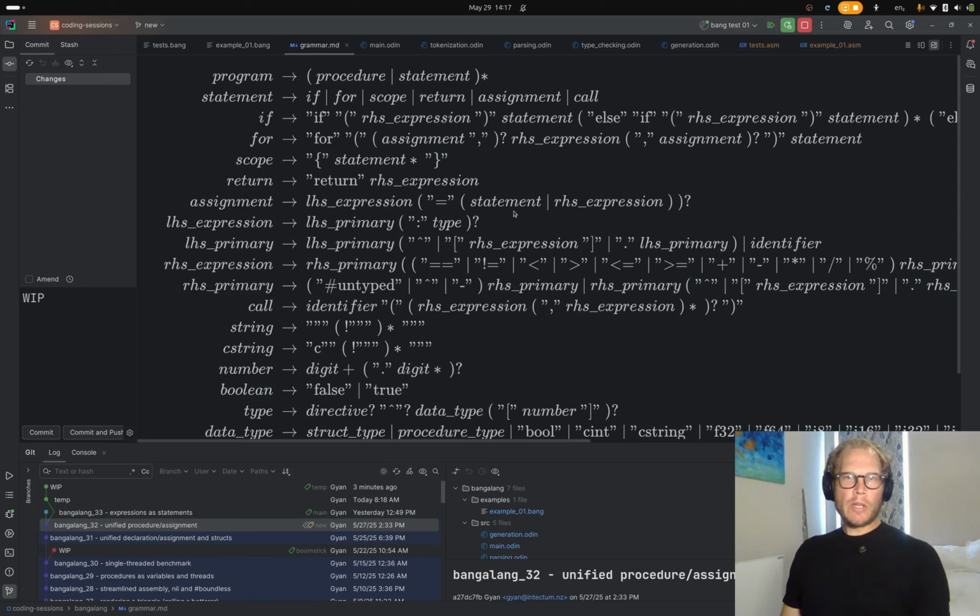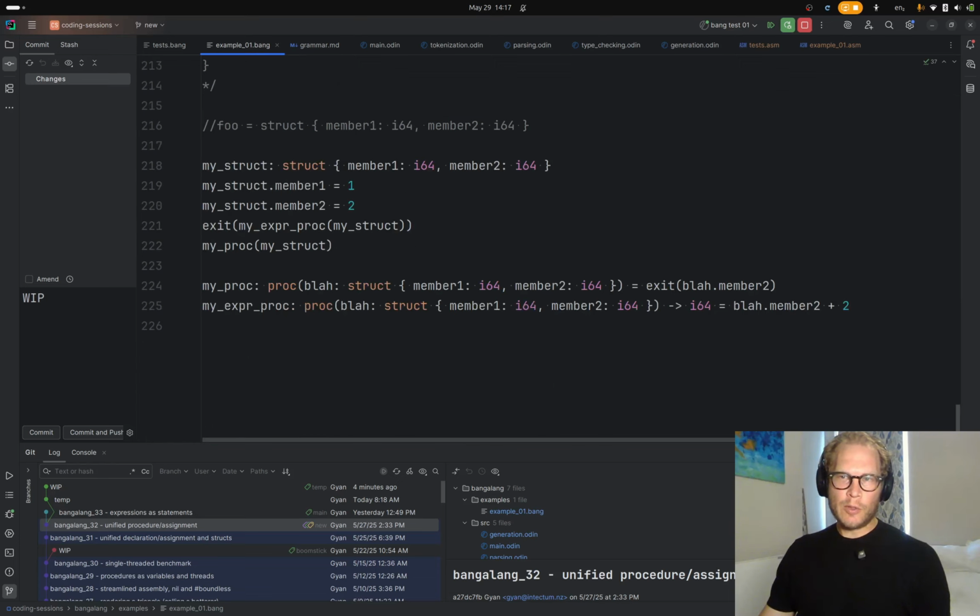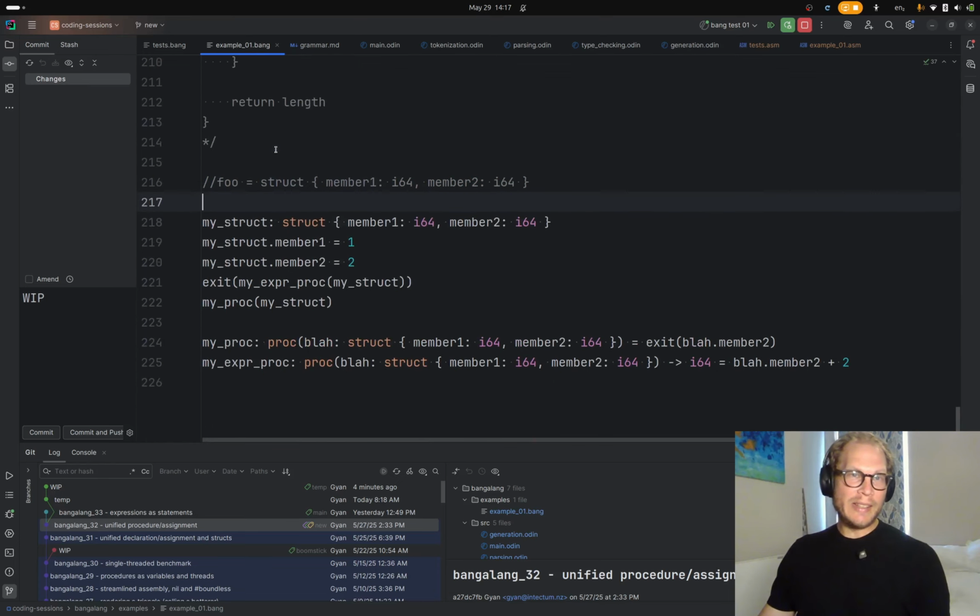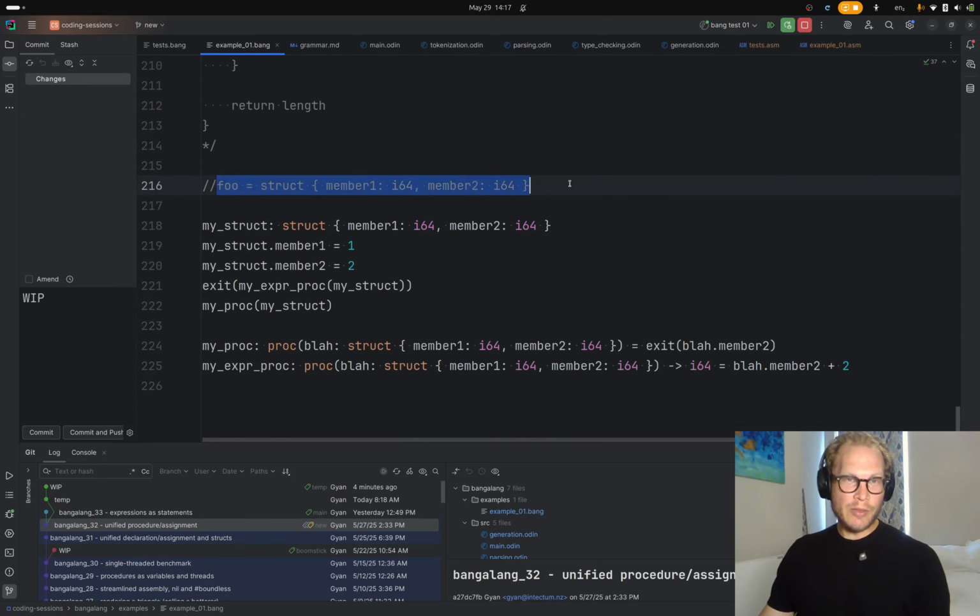So today we're going to finish off a bit of this refinement of the grammar. There's just a little bit more that I'd like to do. I don't think it's going to take too long. So another thing that I've been meaning to do that I think is going to help us with our types as values or types as variables, type aliasing, whatever you want to call it, to be able to do this